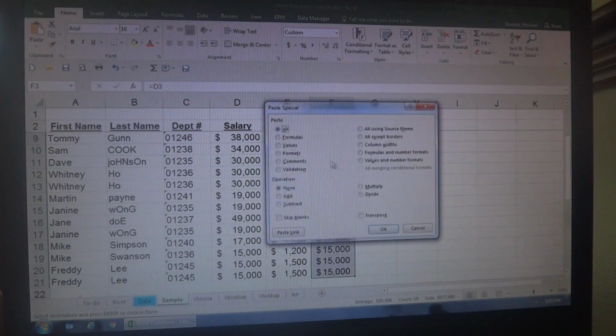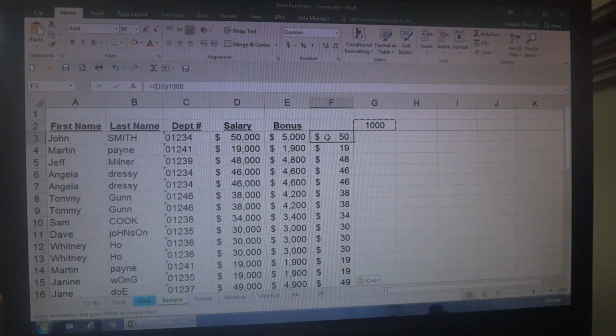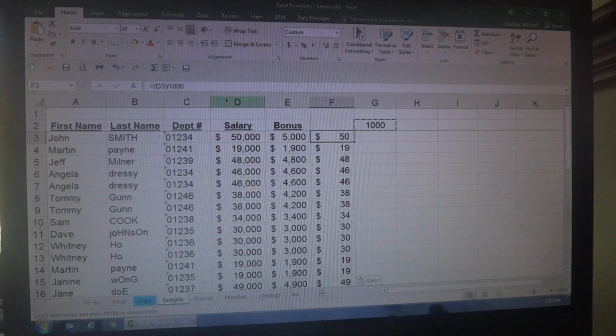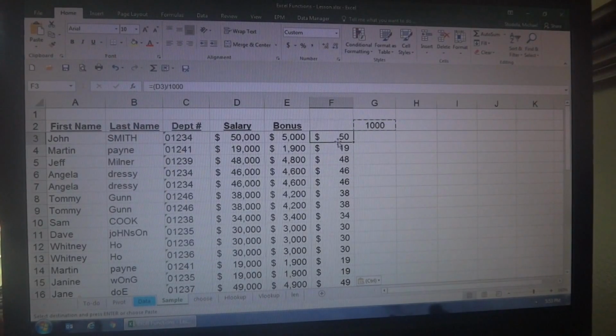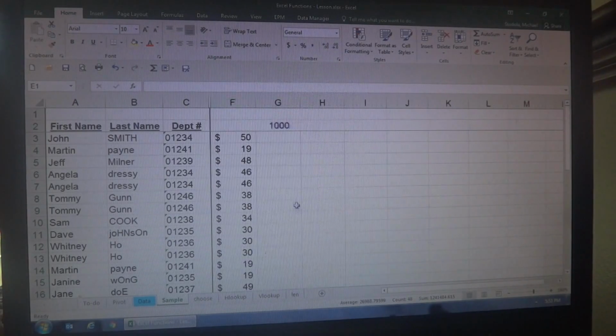Now if I do paste special and I do formula and divide, see what happens? It puts the $1,000 inside of a formula now. So now if you didn't want to see that, or someone wanted to track your work and be like, hey, why is this only 50? It should be 50,000. And then they'll see a reference here and say, oh, you're referencing this and then dividing by 1,000. So one way you can do it is just take these columns, hide them, and this way you